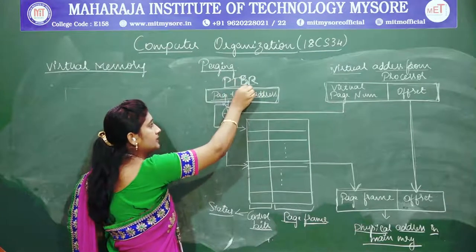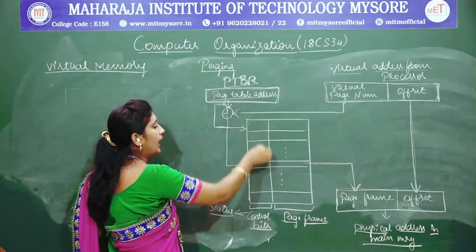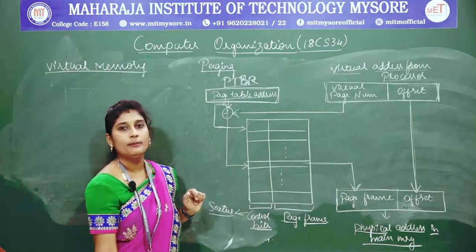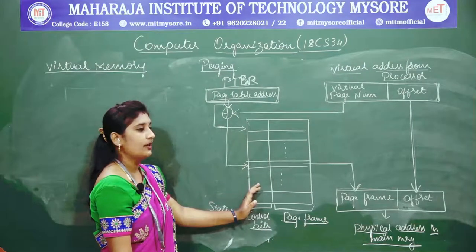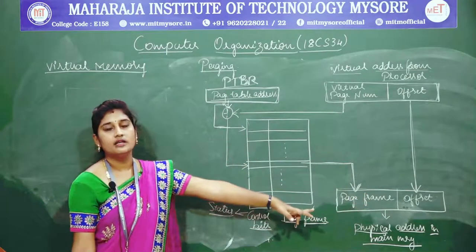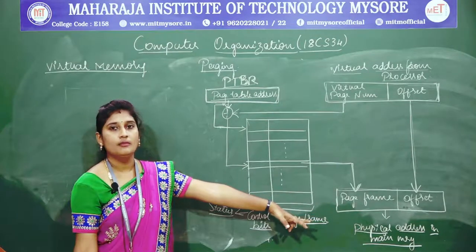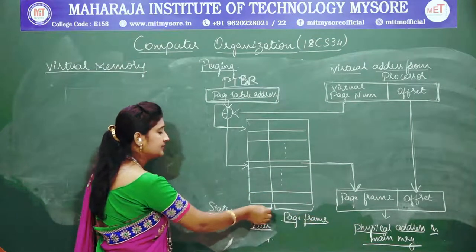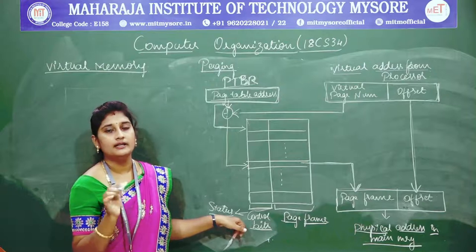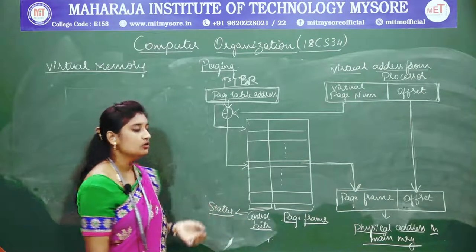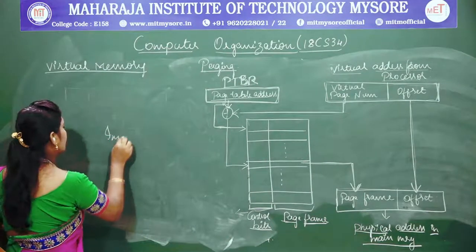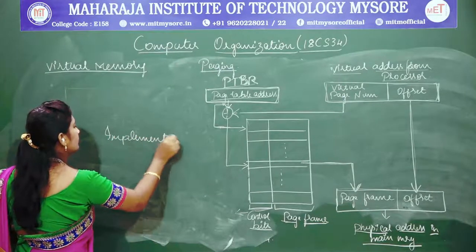As soon as the first page address gets stored in the base register, next you can add on the entries of your page table by adding the contents of the virtual page number. So as you get the virtual page number, by moving a particular page frame to the offset, you will get the physical address of the main memory. And also there will be control bits in your page table that will always represent the status of the current page. Fine. In the next part, you will learn how this page table is implemented.